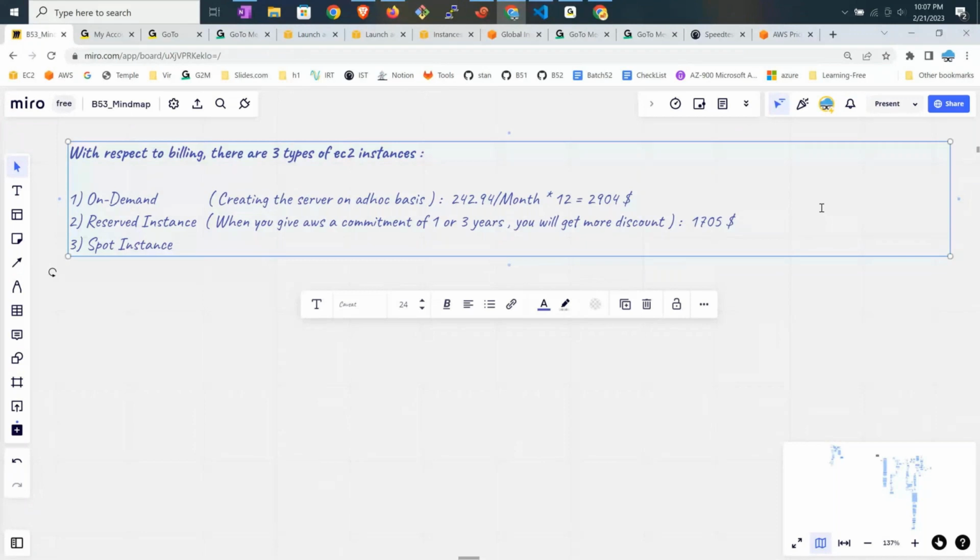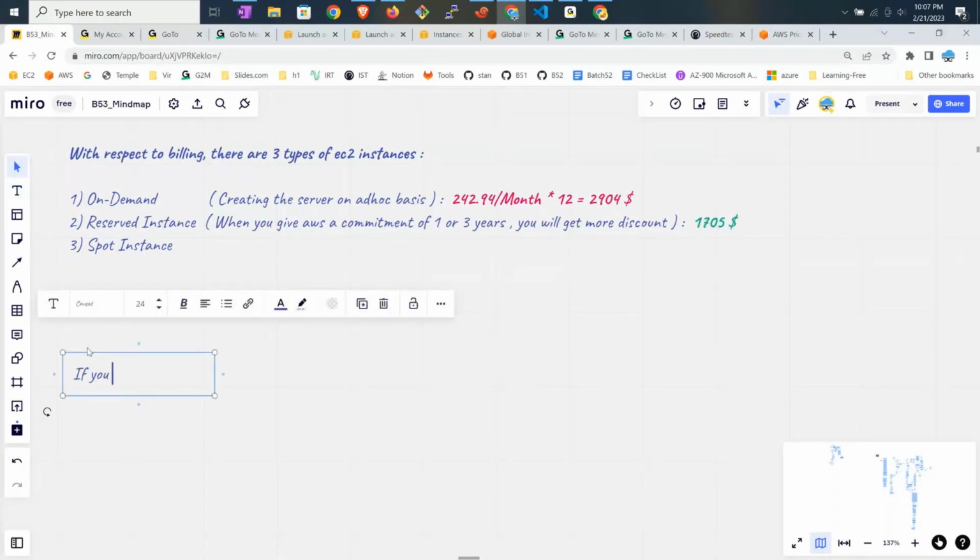Okay, guys, can you see this? You almost got 40% discount. But here is the catch. Here is the catch. If you give a commitment, for example,